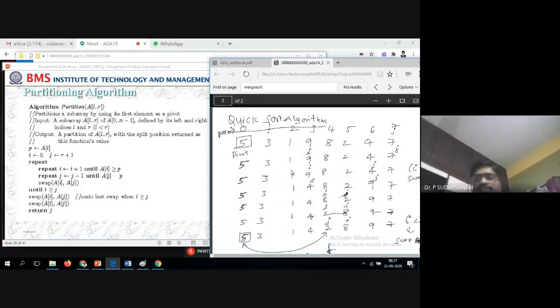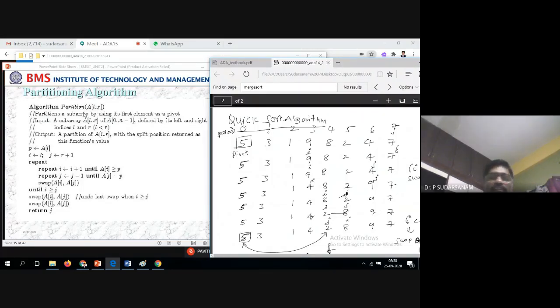Yes, sir. So now what I have written is the first element is called the pivot element, P of A of left. You need not memorize the program and algorithms when you are writing. That is A of left to right, A of 0 to n minus 1, whatever you want. There you have to write A of 0 to n minus 1. So left is the first element, right is the last element, or low and high, whatever you want,